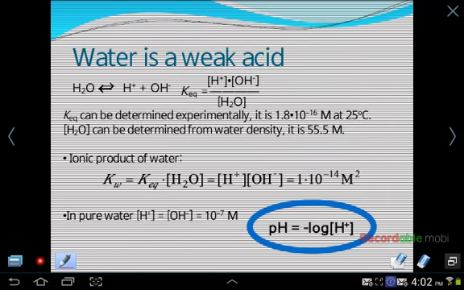All right, so that pretty much sums up the physical characteristics and osmosis, and now we're going to talk about how water is actually a weak acid. So believe it or not, liquid water actually does dissociate into hydronium ions and hydroxyl ions, or hydroxide ions. And we can measure this